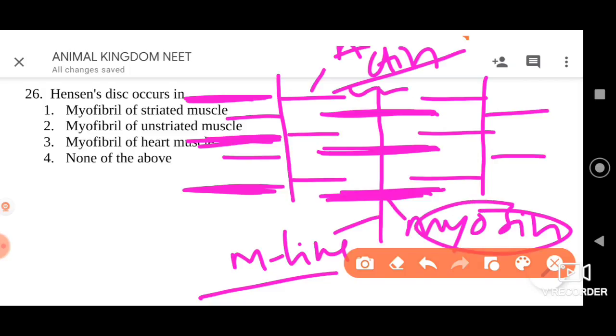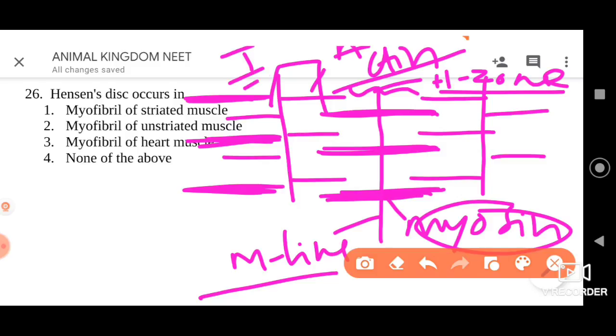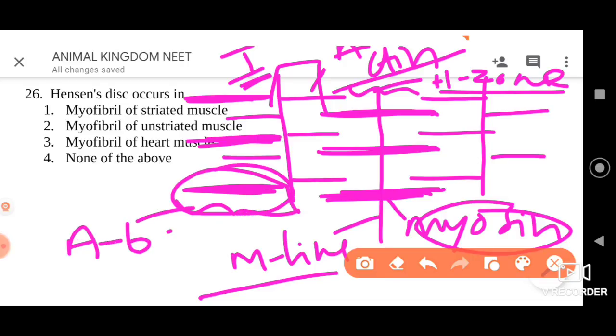This zone which is created in between the two actin filaments is called the H zone. When there is a high stretching of muscles, we can find this H zone where actin filaments will be pushed much more. So this is the H zone. Already we are well familiar with the I zone, from here to here, where there is no dark myosin filament. That is the I band. And the A band is very easy to understand: this portion is the A band.